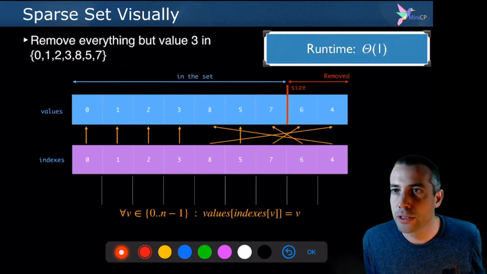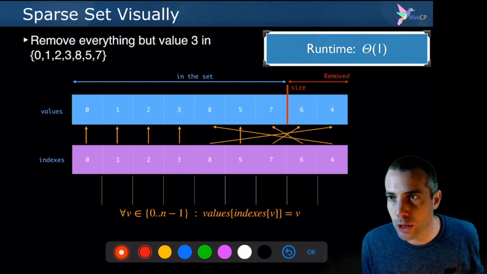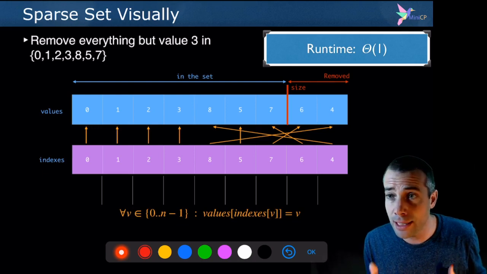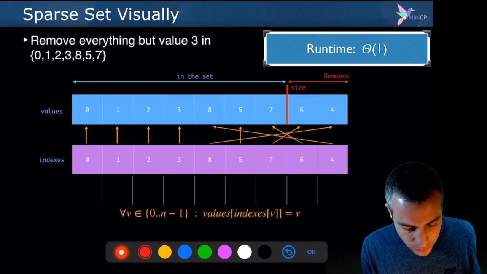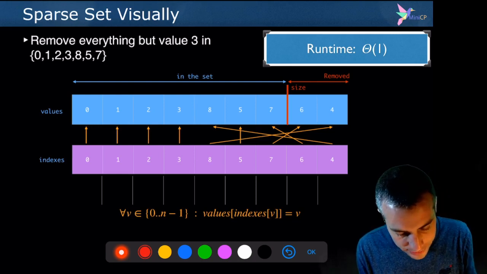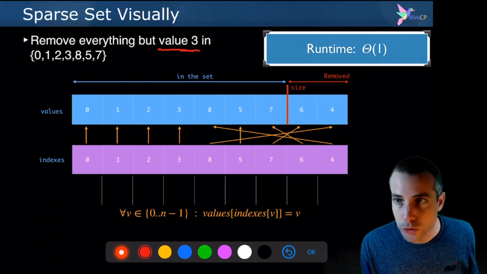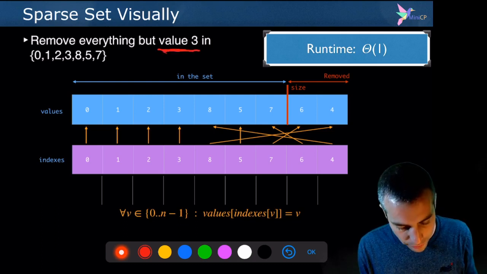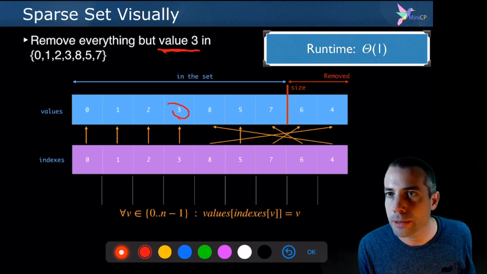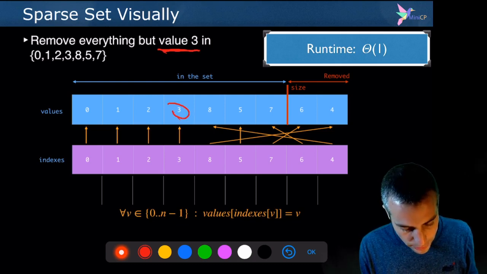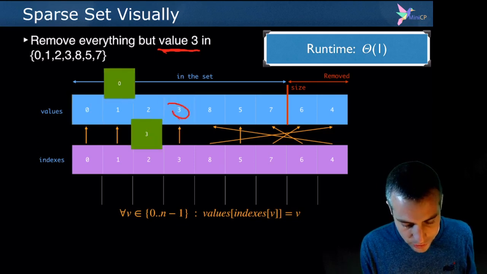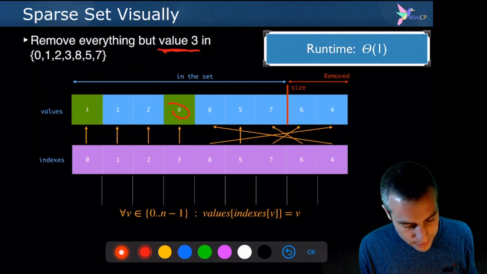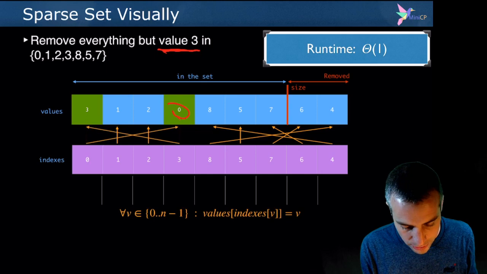Another important operation that we need when we take branching decisions in CP is to assign the variable's domain to a single value. And I can also do that easily with sparse sets. For instance, I want to remove everything but the value 3. The way I should do that is I should place the value 3 in front of the array. Let's do that. I swap it with the first one, like this. I reflect the change in the pointers. And now I set the size of the set to 1,